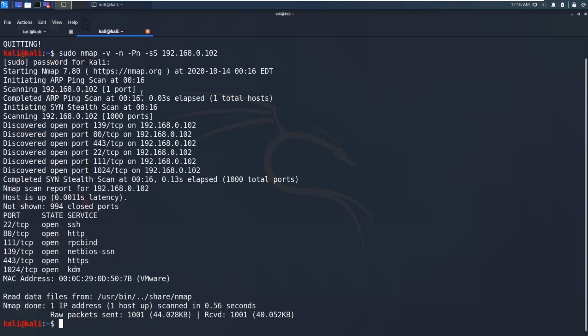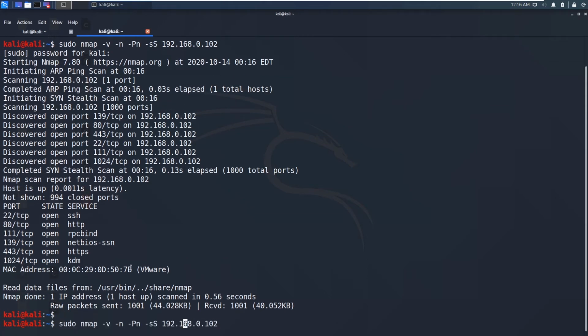You can check those as well. You can simply put -sN for null scan, -sF for FIN scan, and -sX for Xmas scan. These scans are somewhat like attacks, where you can use one computer to scan other computers. But during a pen test, you only have permission to scan certain computers, so we will be limited to this stealth scan.